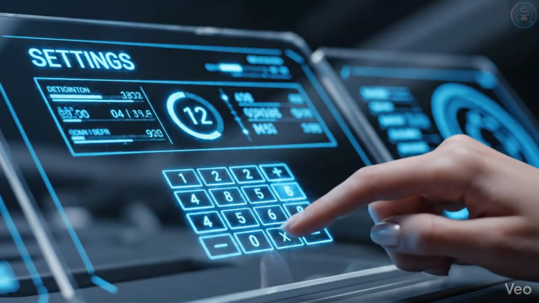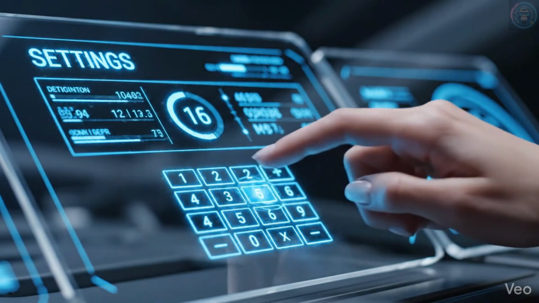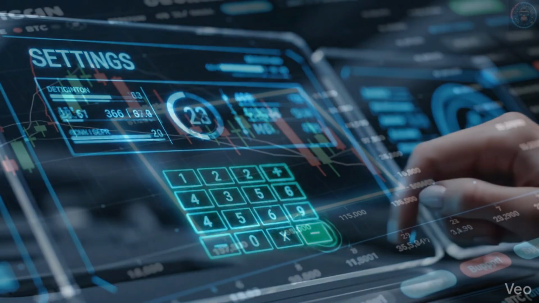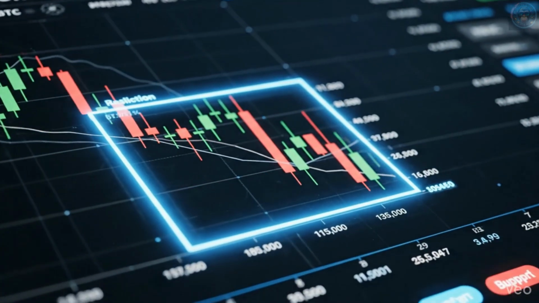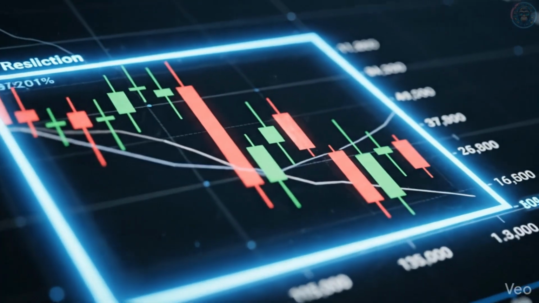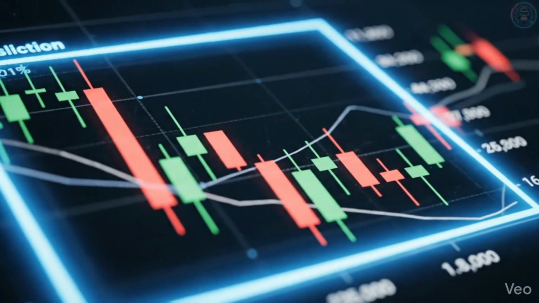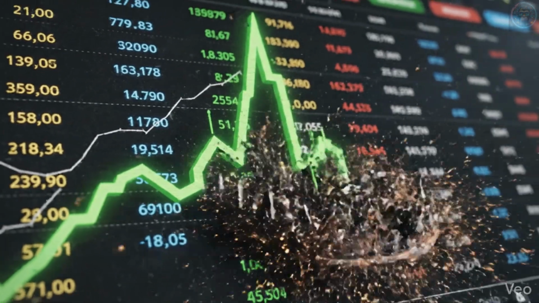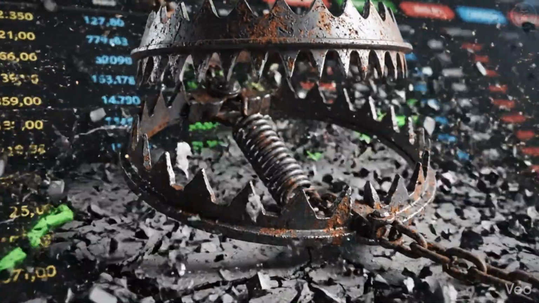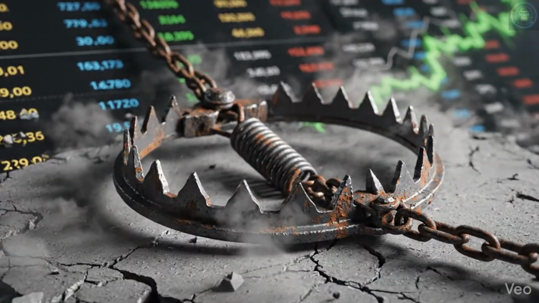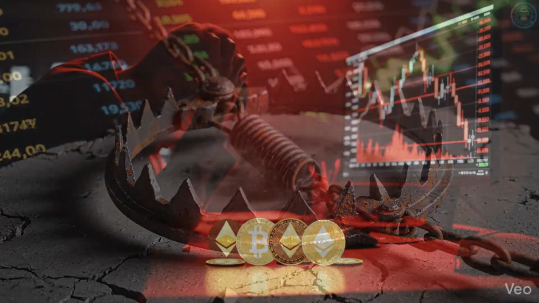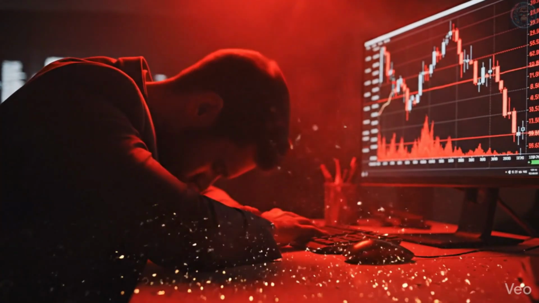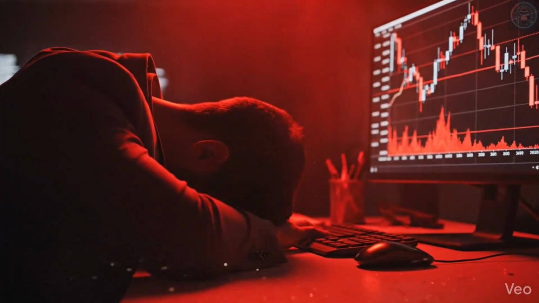First, ensure your settings are properly configured to the standard 12, 26, and 9, which work perfectly for the cryptocurrency market. Looking at this daily Bitcoin chart, we can clearly observe a massive price consolidation phase filled with extreme volatility, and notice how the price action creates several fake breakouts designed specifically to trap emotional retail traders into buying. If we relied purely on price candles, we might easily fall victim to these deceptive market traps and lose significant